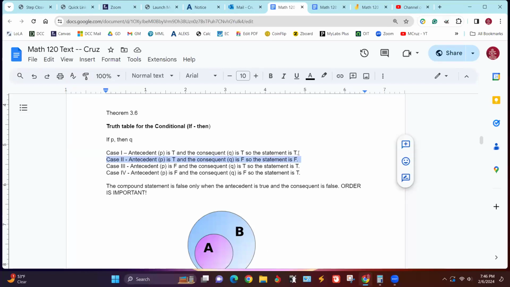So the other ones don't matter, because if we're not in A and then we're still in B, and the other is as well. But this is the one case, and this is the one that's order dependent. If your antecedent is true and your consequent is false, then that's the only time that the conditional is false.